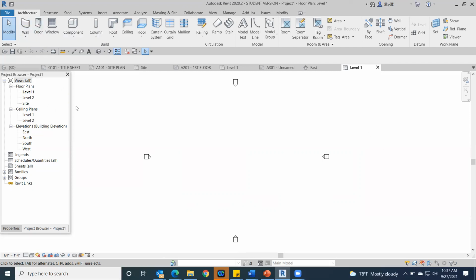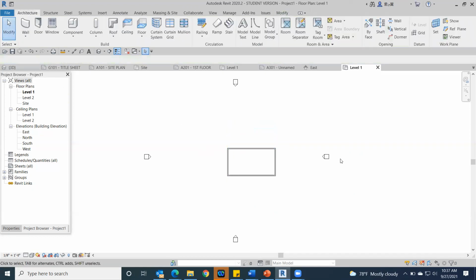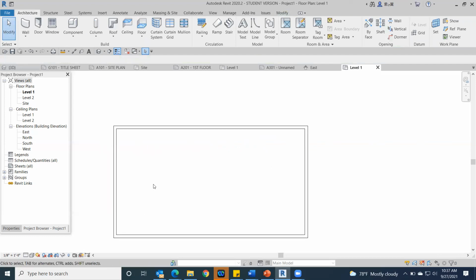All right. So if we're just going to start with our walls, I'm just gonna randomly draw some walls. I'm not paying any attention to anything except the location line. So at least I have a proper rectangle. So if this was supposed to be 35 by 10, measured from the exterior wall, I'm going to click on